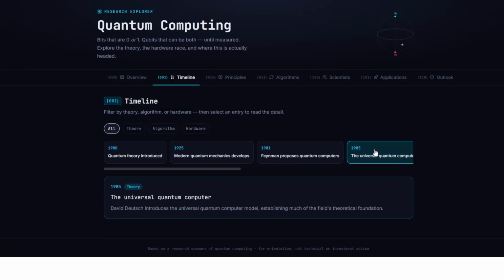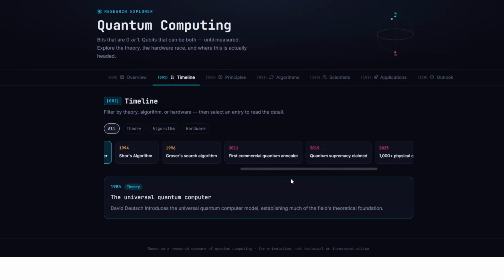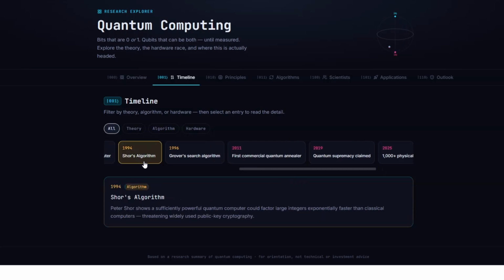In 1985, the universal quantum computer was created. In 1994, Shor's algorithm from Peter Shor was developed that could factor large integers exponentially faster than classical computers,